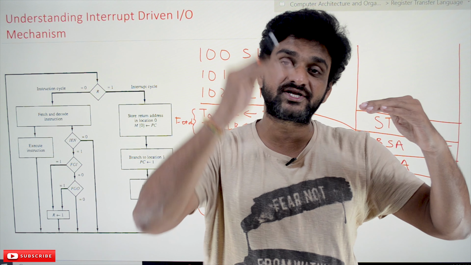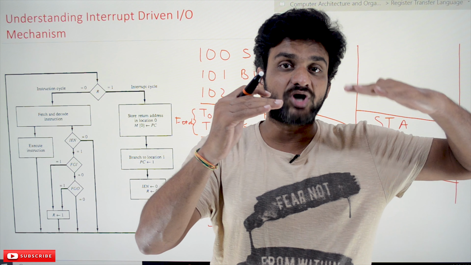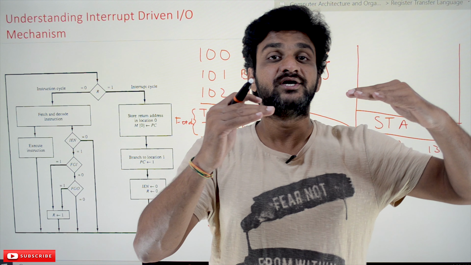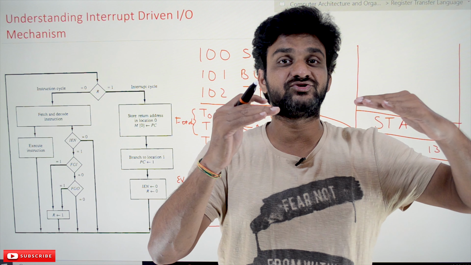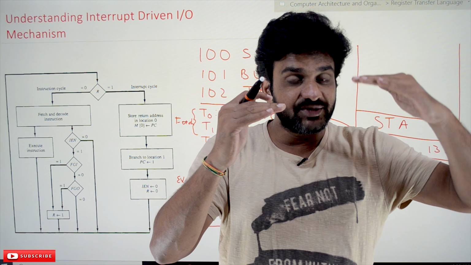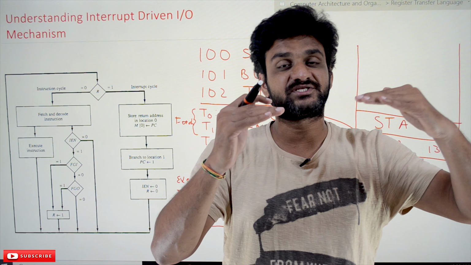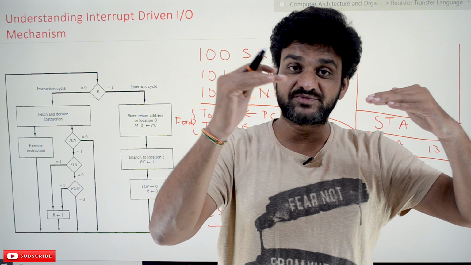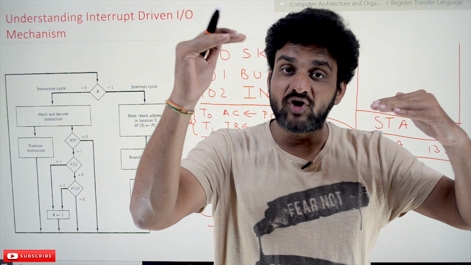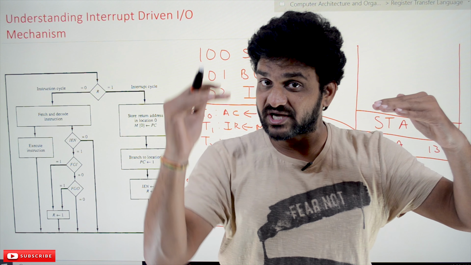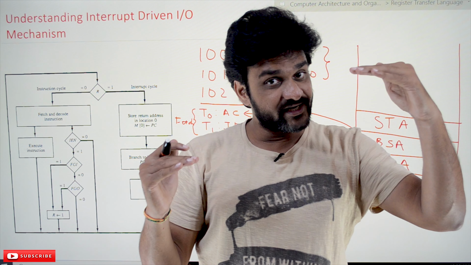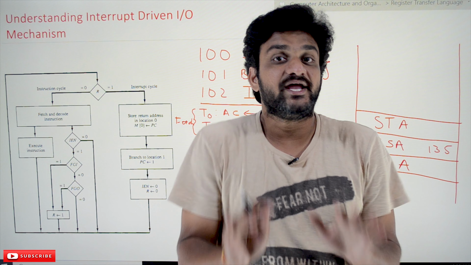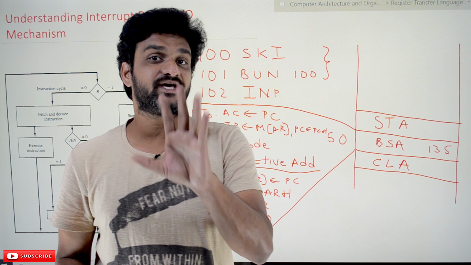Whenever that interrupt is made, the CPU is going to stop its instruction execution. For example, some instruction X is getting executed. After executing that instruction, the CPU will stop its user program instruction and execute the I/O operation. Based upon the request that is made, that I/O operation will get executed, and after completion of the I/O operation, the CPU will continue executing the user program. Anyway, we are going to understand this by using an example.